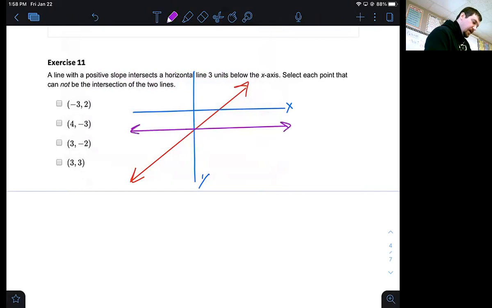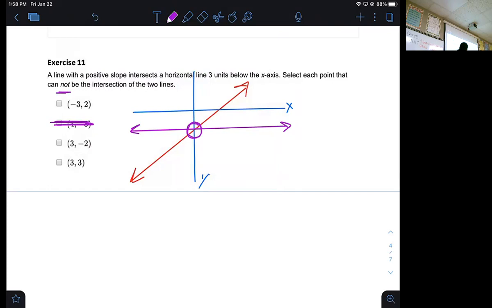So it has to intersect right there. Just doing a quick sketch here. Select each point that cannot be. So let's first identify the ones that would be. If it intersects right there, what's the y coordinate right there? -3. Only one of them has that, so we scratch that out because that would be an intersection, but it clearly says cannot be an intersection. -3,